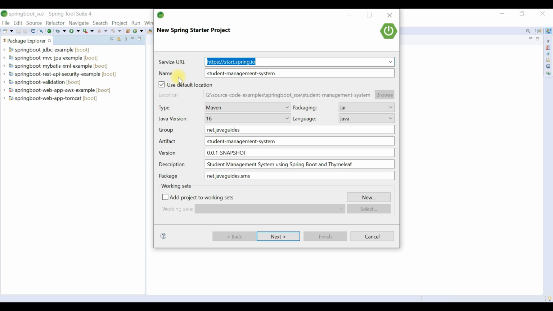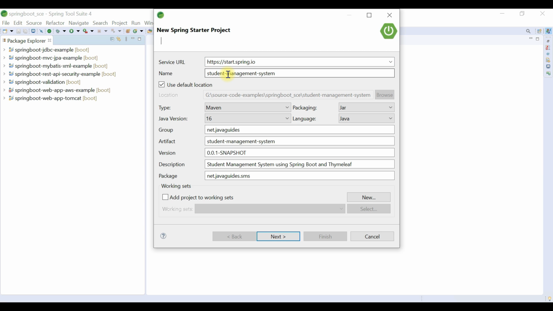So instead of going to the Spring Initializr website, creating a project over there and importing it manually into Spring Toolsuite IDE, the Spring team has integrated Spring Initializr in Spring Toolsuite itself, so that we can create a Spring Boot project using Spring Initializr in Spring Toolsuite IDE itself.